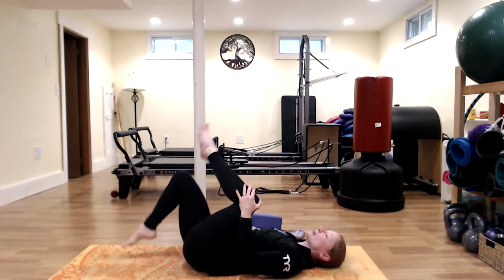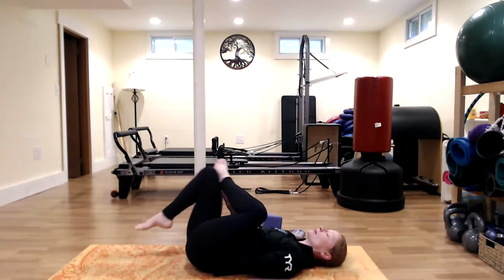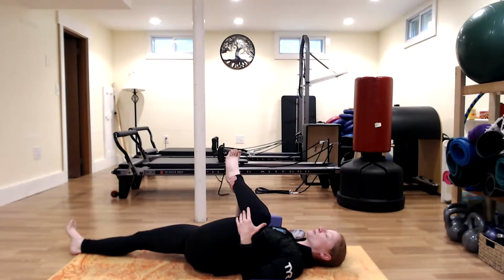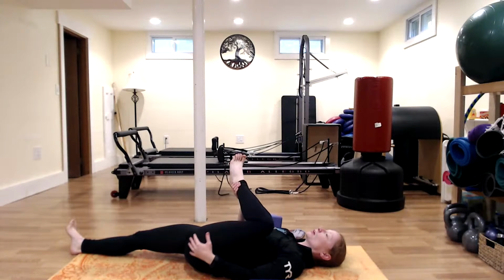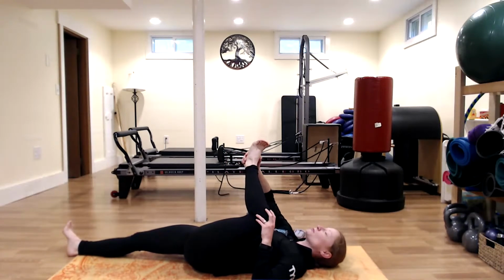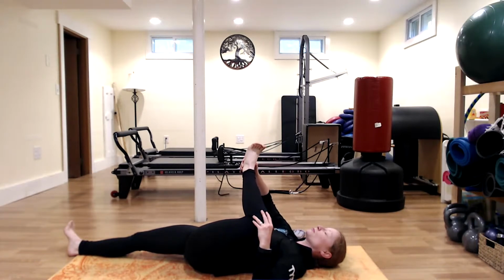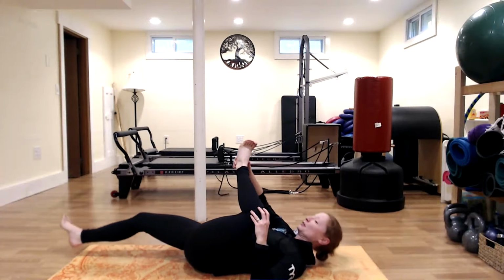Unwind and relax. For the other side, figure four, here, or hugging it up. I apologize for the dog noises. And here's that cow face